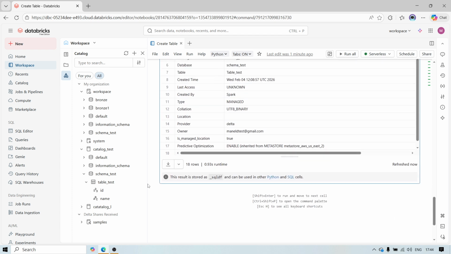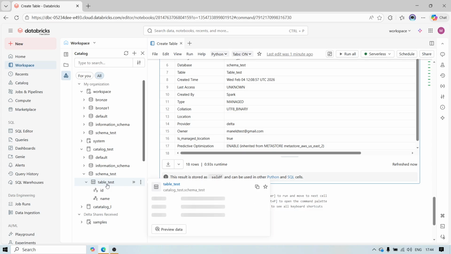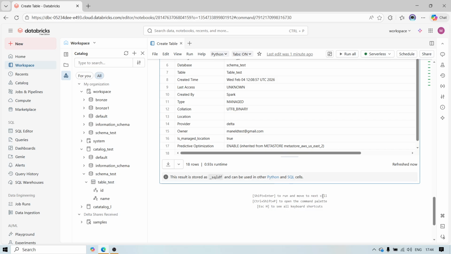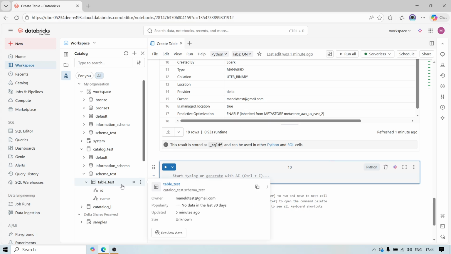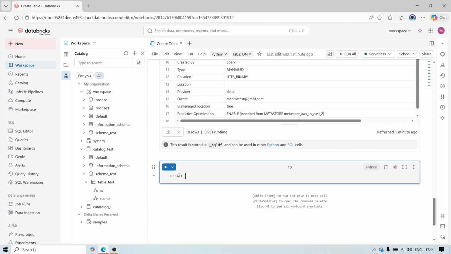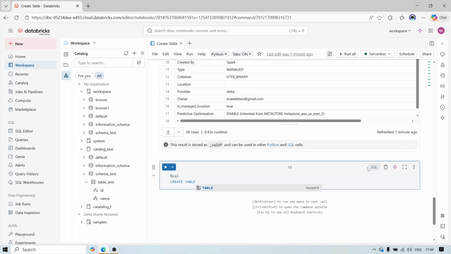So now what happened, using this table, suppose I want to create a table using this table, right? How we can use that, CTAS. So create table as a select. So now suppose I want to create a new table, table test new. By using this table I just want to copy the whole table into another table. So how we can do that, so create table, I can select SQL, and suppose I just copy this one path, because we need to give the path, right? And here I want to give the new